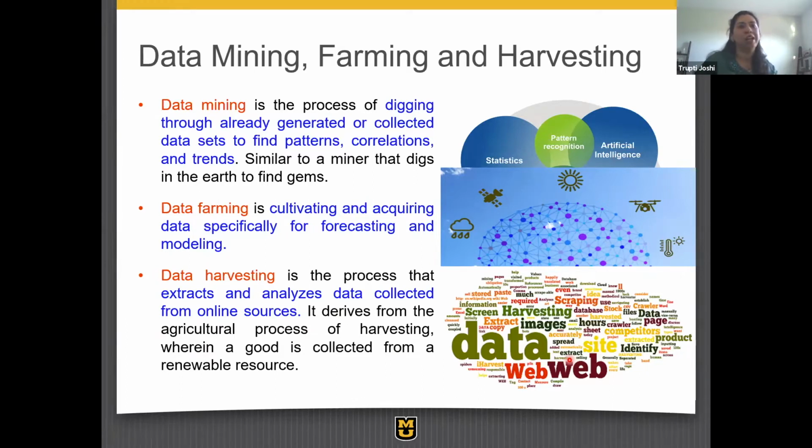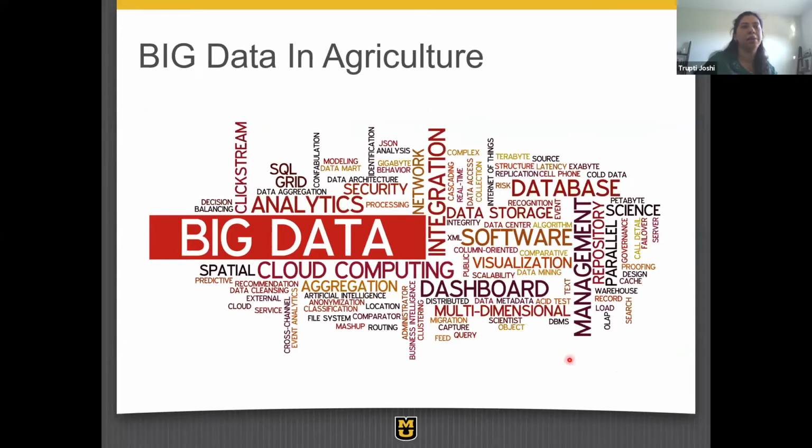And no matter which area you think applies, I think what is very clear is that big data is here in agriculture. And so I think the earlier and the better we look at infrastructure and systems which enable us to utilize them efficiently, the better we are going to position ourselves to solve the problems coming in the future.